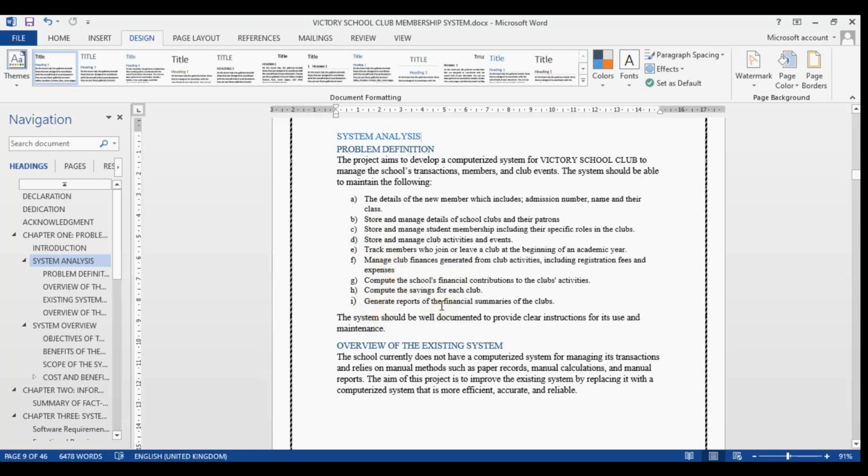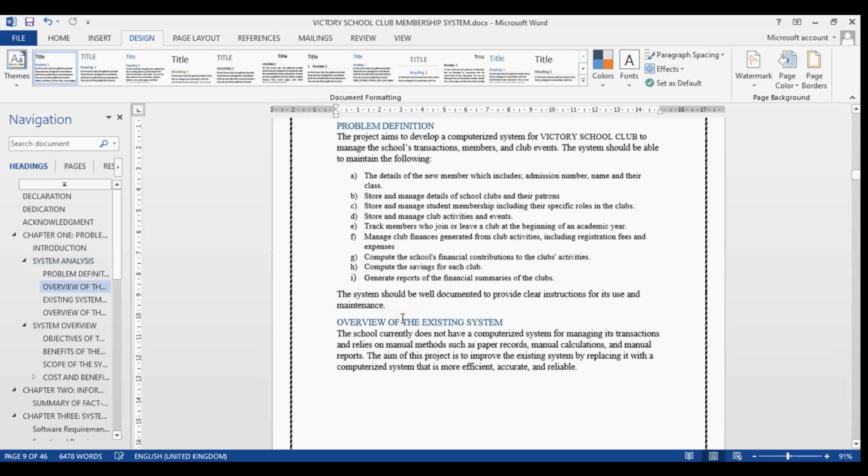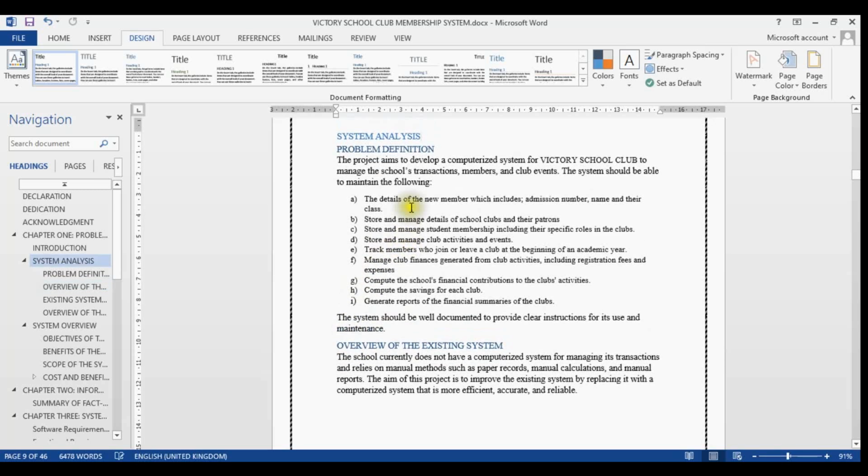Generating reports, something that you must still solve. Compute the savings for each and every club, something that you still have to solve. Then at last, the system should be documented to provide key instructions for its use and maintenance. Then after you are done with your problem definition,